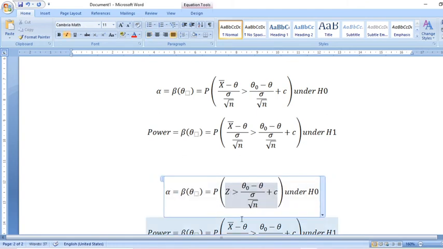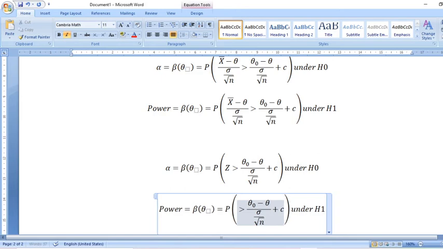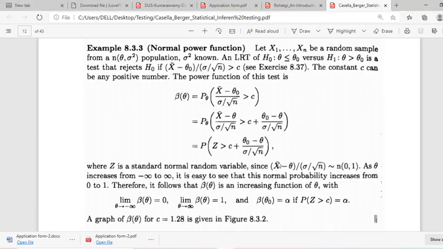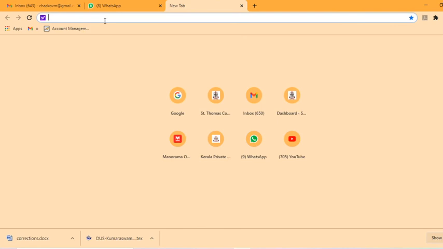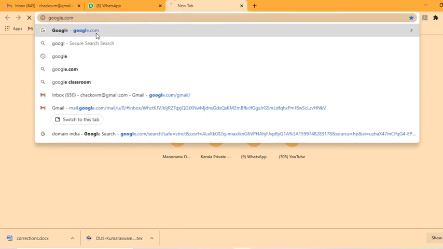Z will also be Z. So this is given here. This is a probability density, the probability under the normal density. So you can see